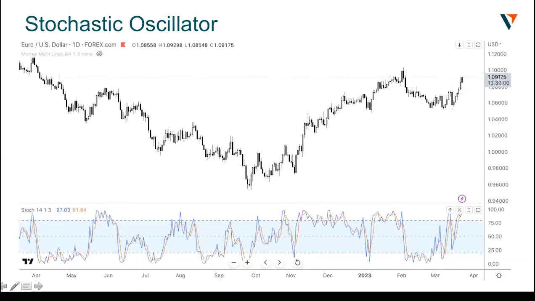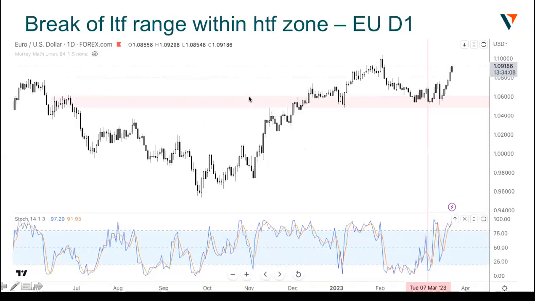Okay, now let's take a look at another setup that we have. This is on EURUSD, the picture on the daily time frame. So essentially what we have here is that you can see that